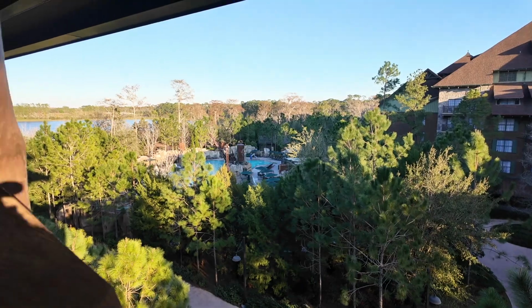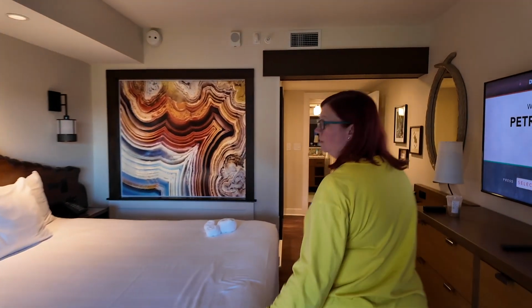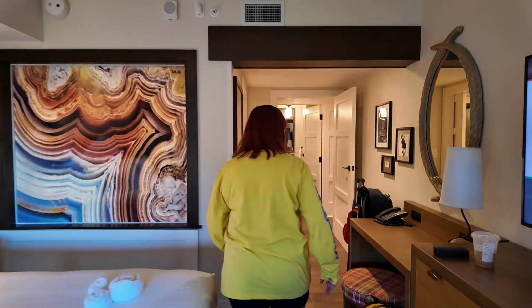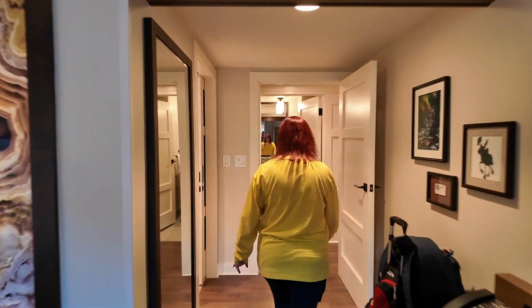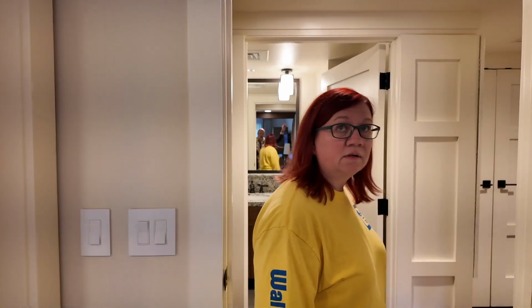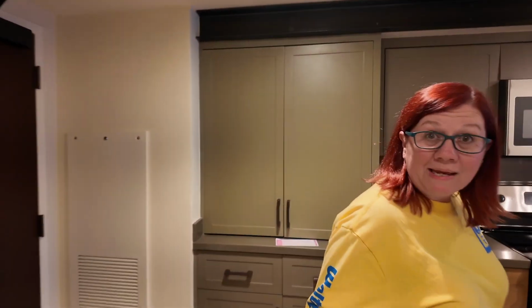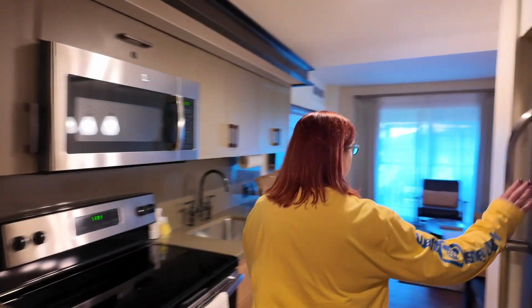So this room will sleep 2, 4, 6, I believe, right? I believe 8. 8? Because it has 2 beds in the other room. Oh, that's 2, 4, 6. And a sleeper sofa. Oh, it's got a sleeper sofa? Yes, ma'am. So it sleeps 8. This room sleeps 8. Full-size fridge,